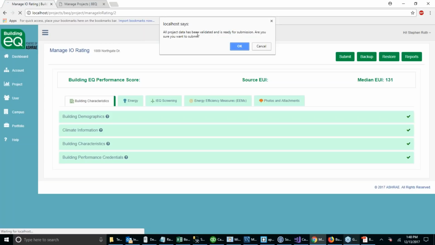So the advantage of this over the spreadsheets is, because there's over 100 different types of validations, it's going to make sure that the data that you've entered is correct. And then we're not wasting everyone's time by sending data to ASHRAE admins, them having to send it back to you to re-enter, because there's over 100 validations that this project must pass before you can even submit it to